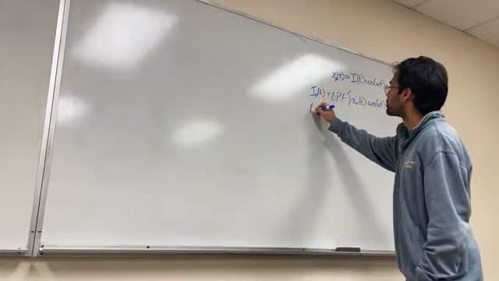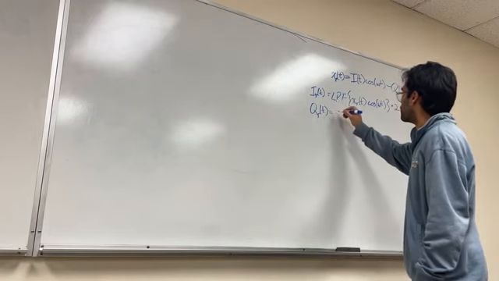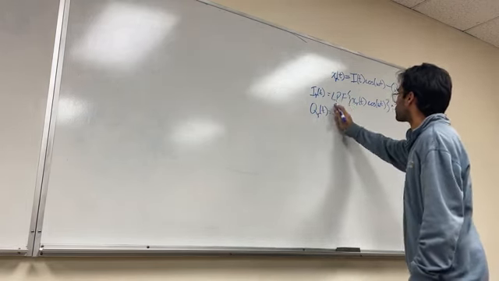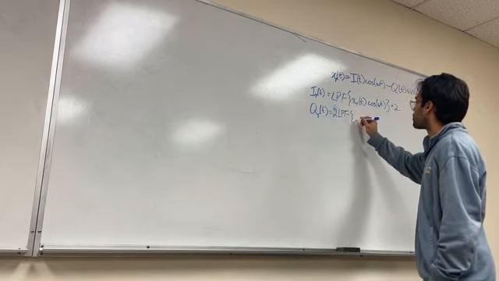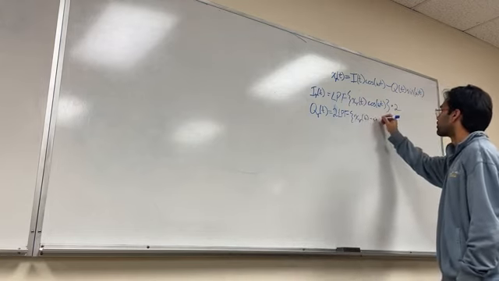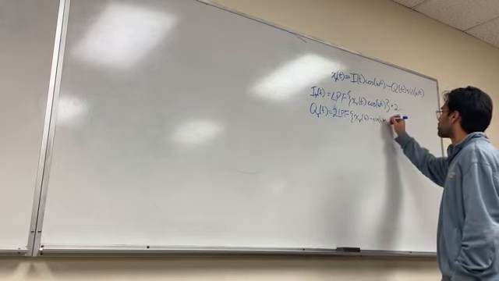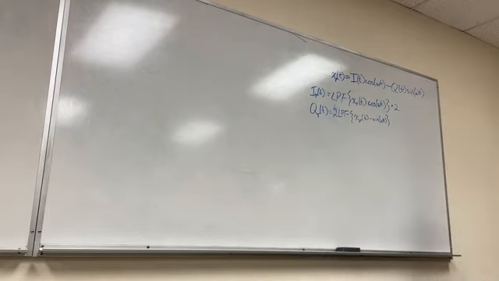And then to recover the quadrature component, 2 times. We multiply by negative sine. And so the main assumption here is that